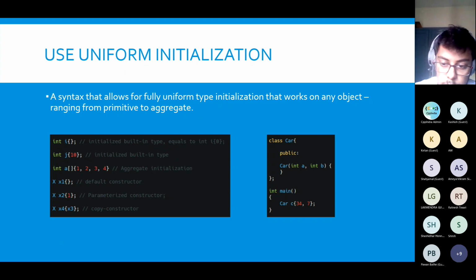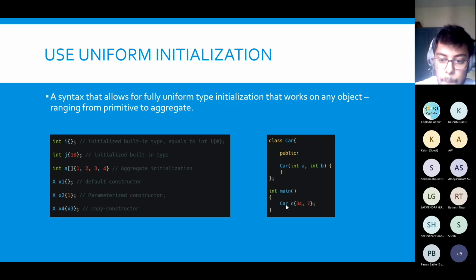And one question that may come up is, suppose you have code on the right side, a car class, and you have multiple parameters that are being passed to the constructor of it. So you can just pass them in via the curly braces. It will not be a problem. It is the same as using the parentheses, which we generally use to invoke this constructor. So that is one thing that I wanted to draw. This is a very powerful tool. I think this was introduced in C++14, but I'm not really sure. So yeah, to get rid of parentheses wherever possible during initialization.